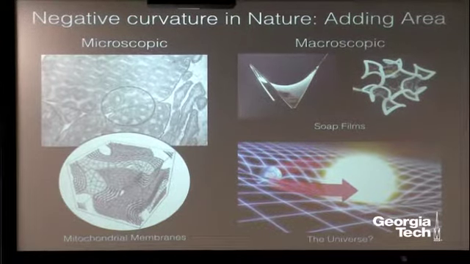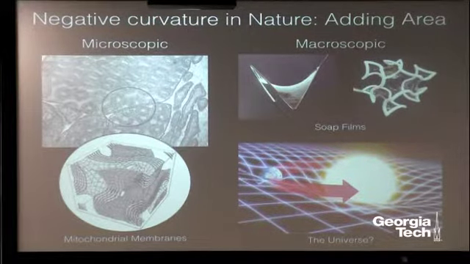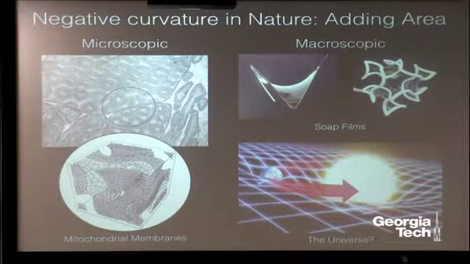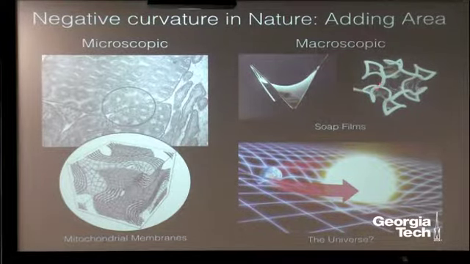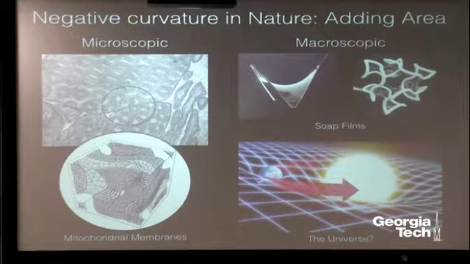At a larger length scale, soap films try to minimize surface area. And it turns out that that naturally leads them to have these saddle-like structures. So here is just a plain little saddle. But on this side, this is a framework that would give us a triply periodic minimal surface. So the soap film that spans this should be exactly the same as one of the structures in the mitochondria.